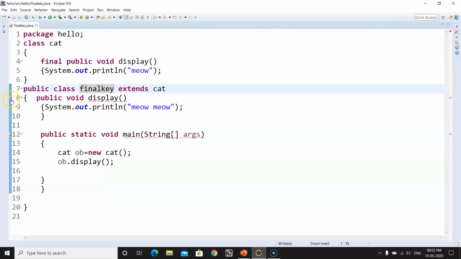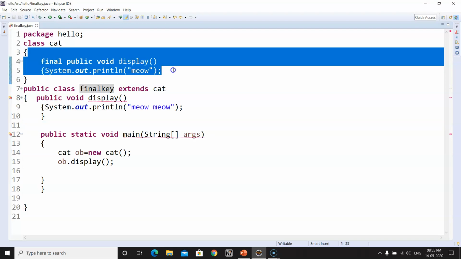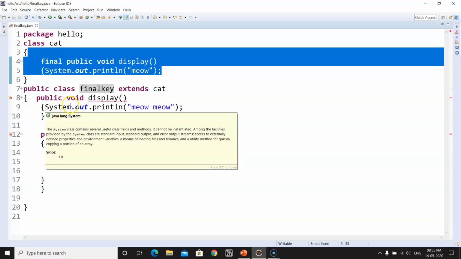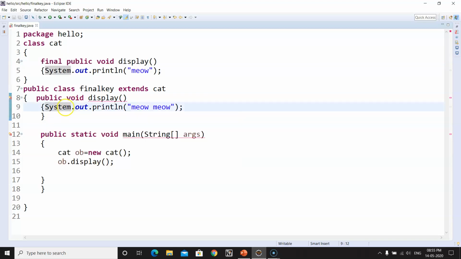Because the error shows multiple markers at the line: it is overriding Cat, and it says cannot override the final method. Whatever method you have made final in the parent class, you cannot use that same method in your subclass. So this is about using final with a method.